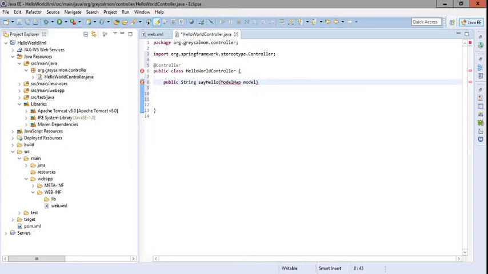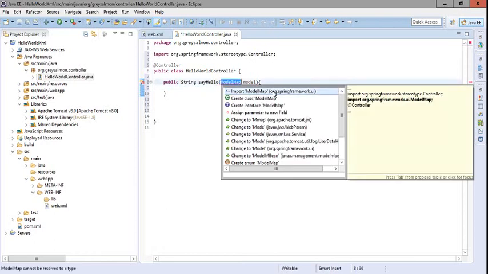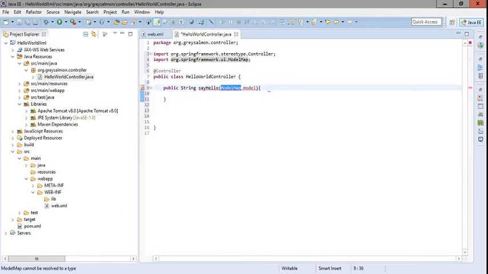Now what is this ModelMap? As we have previously discussed, this handler is responsible for returning two things to the dispatcher servlet. First is the model, and second is the logical view name. What is the model? Model is the data which is required by the view.